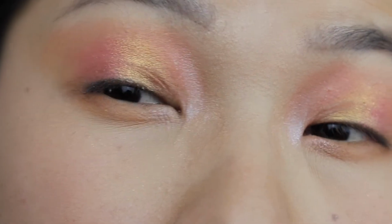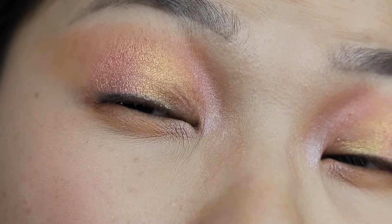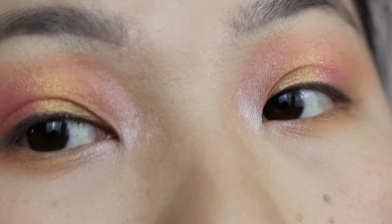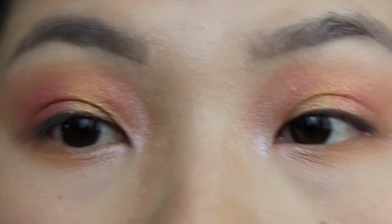Okay, you guys, so I am back. It is currently 11 p.m. It's been like 6 hours since I put this makeup on. I just want to show you guys, look at my eyes. I didn't wear any lashes, and I don't really currently have any mascara, but look at how this just chipped away by my natural folds. How disappointing. Honestly,